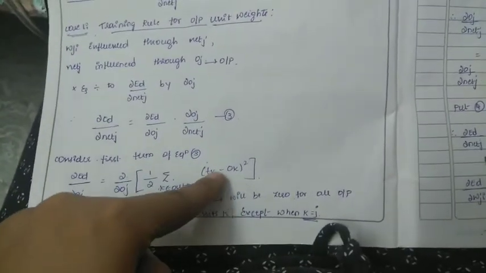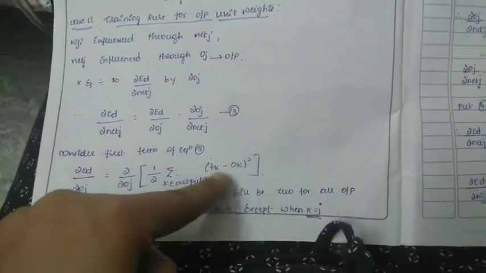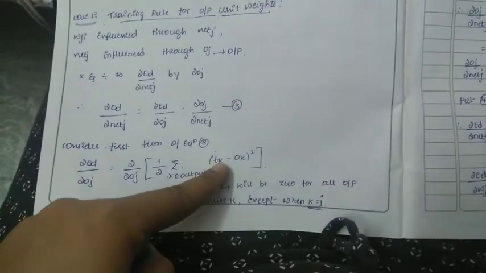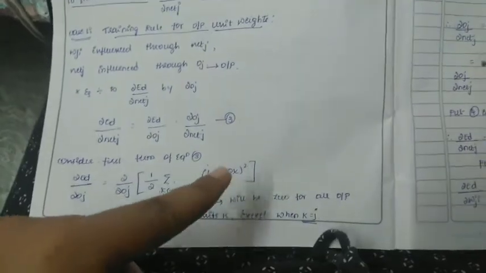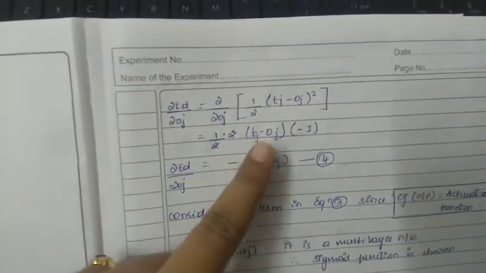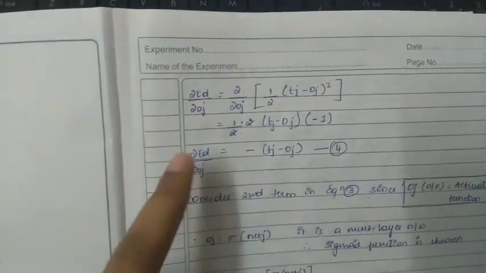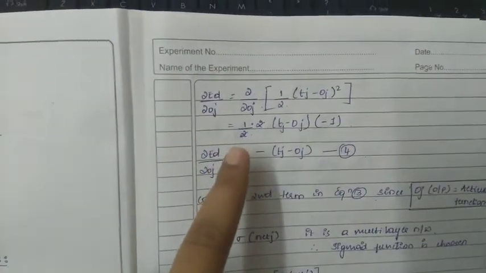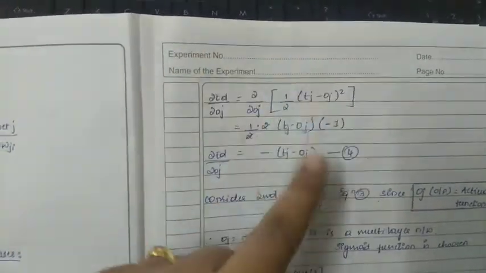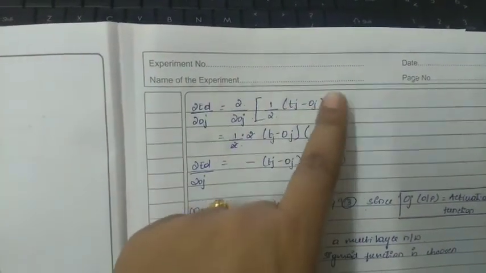So when I consider J in place of K, that is my hidden unit itself as an output unit, at that time this is going to work. So we perform the differentiation by replacing the value of K with J. So that is dou ED divided by dou OJ, it equals half, take back the summation, Tj minus Oj the whole square.